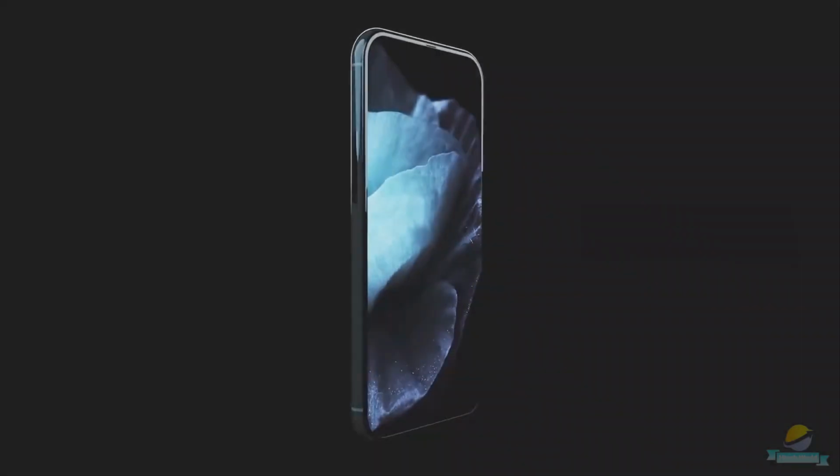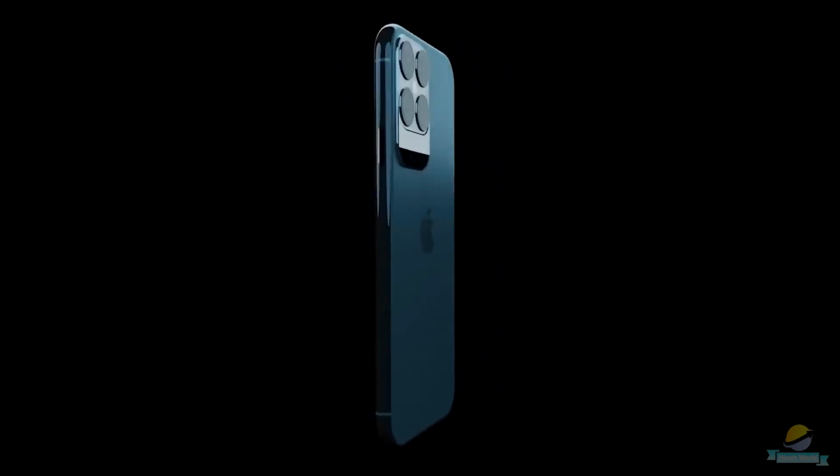We've had stunning new renders that reveal the design of the upcoming range, and we now have pricing leaks